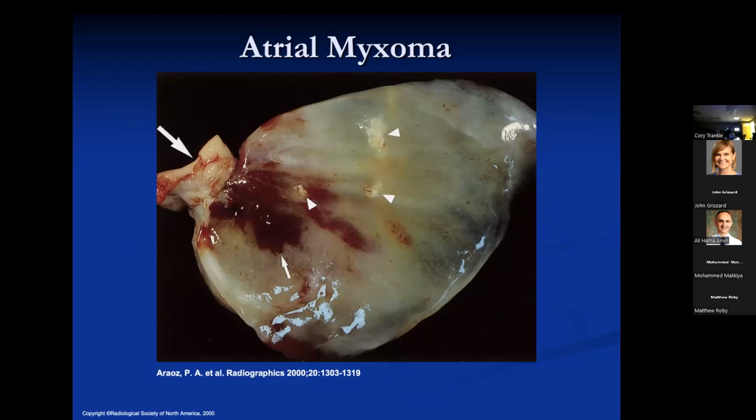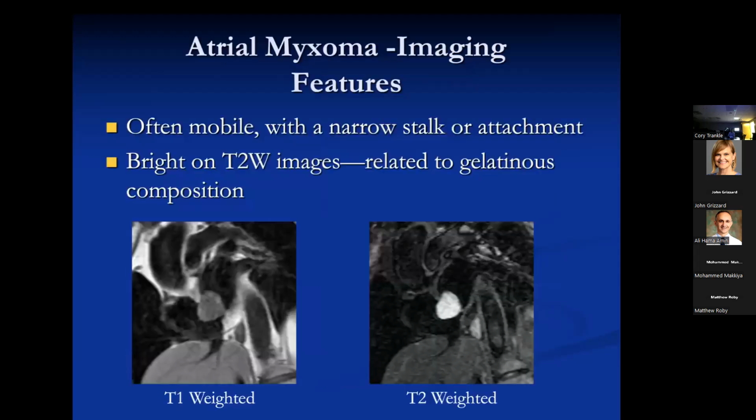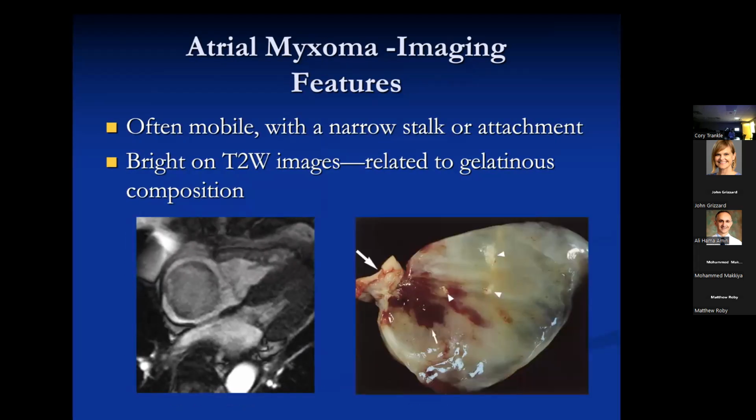Sometimes you have a little bit of thrombus coating this thing, but that's not the important part. Just like in this, you had that whole dark rim around the little enhancing stalk. That's the bag of Jello. And that's why it was bright on SSFP imaging, because it's a gelatinous tumor that is high in signal because of its high water content. On T2 images, it's going to be bright. Or Cine images, remembering that Cine images are a form of T2 imaging. Okay, so there it is on T1 and T2: isointense and bright, just like pretty much everything.